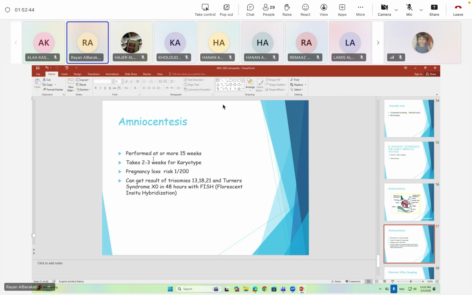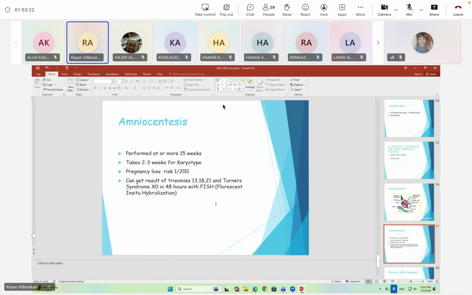This is done at more than 15 weeks of gestation, not earlier, and takes 2 to 3 weeks for the karyotype to analyze the cells of the fetus in the amniotic fluid. The risk of pregnancy loss from the procedure is 1 in 200, and we can get the result of trisomy 13, 18, 21, and Turner syndrome in 48 hours with the FISH technique, which is fluorescent in situ